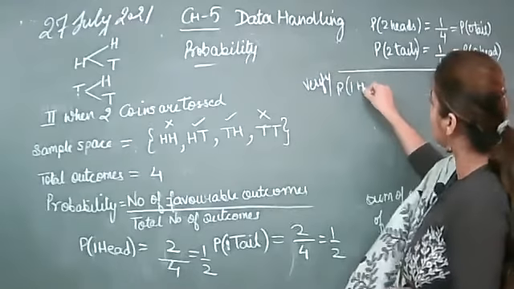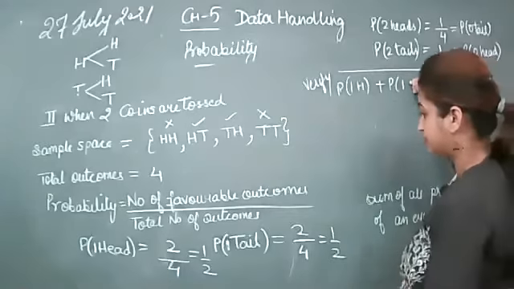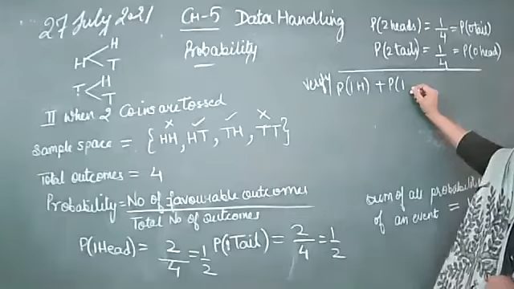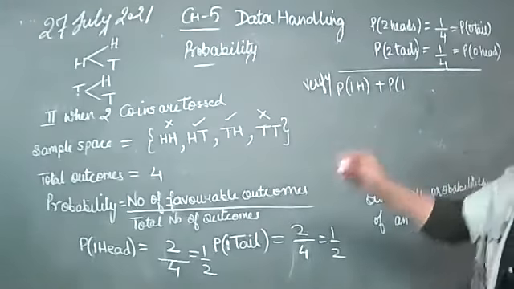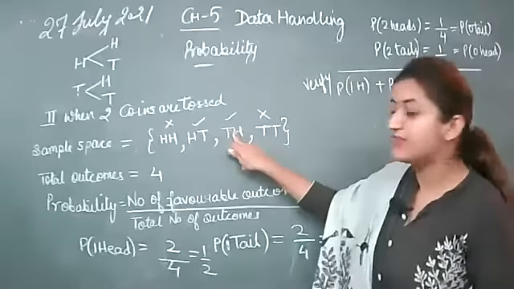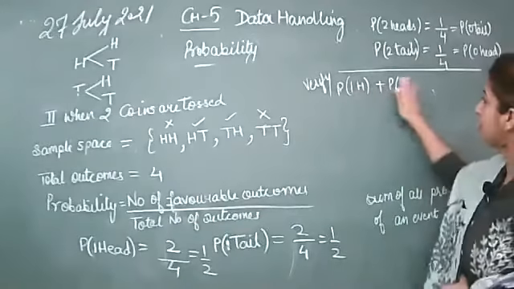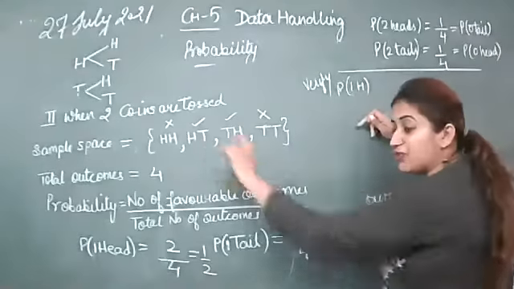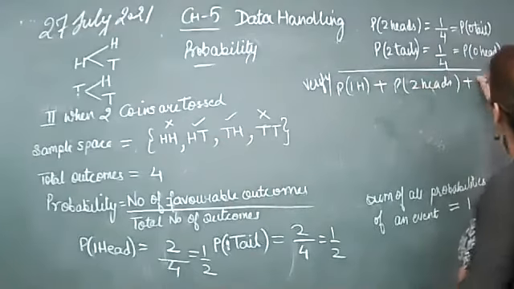Probability of one head, probability of 1 tail: this you will take as 1 because both the events are counted in this as well as this. So you will take both as 1. One head का मतलब क्या है? If you are taking one head, then the other represents your one tail. So this you will take, or you will take two heads, or you will take two tails.